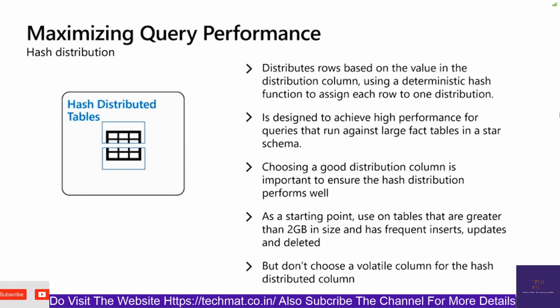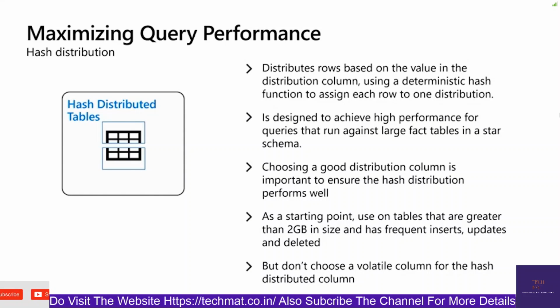Just for your reference, currently in Gen 2 we have 60 distributions. That means these hash distributed tables might be distributed across 60 distributions. Hash distributed tables are designed to achieve higher performance for queries that run against large fact tables,